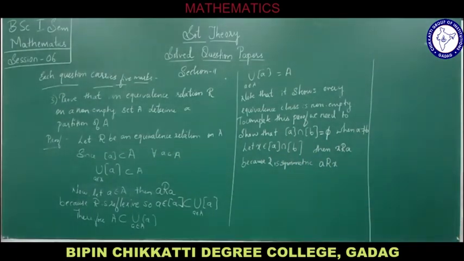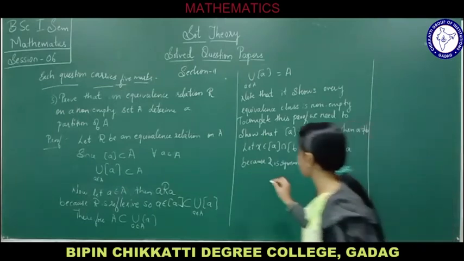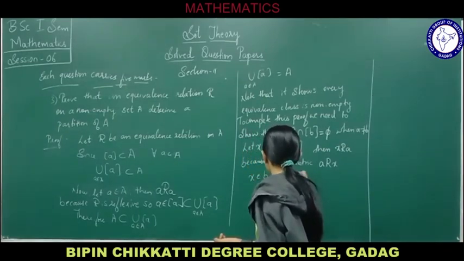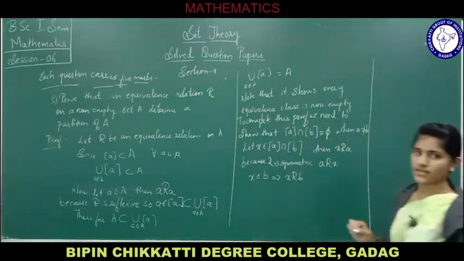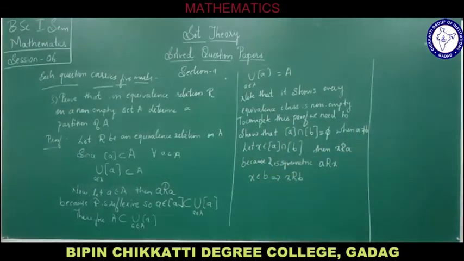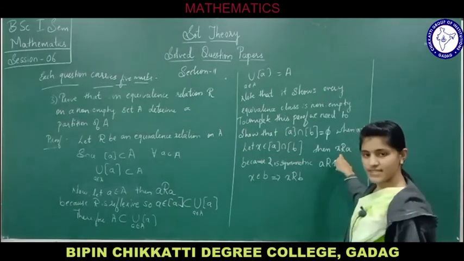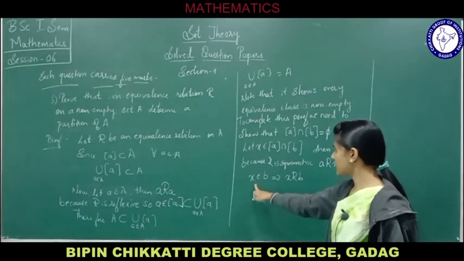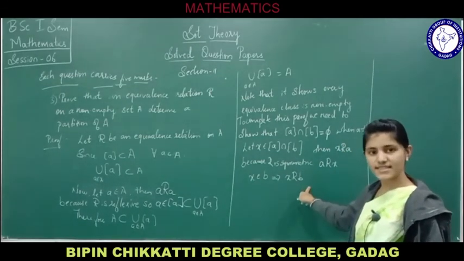Then what are we going to do further? This implies x belongs to B, which implies x is related to B. Obviously, yes or no? If it belongs to B, then it is related to B. Then a is equivalent to B. Why so? We said that x is equivalent to a, then that can be written as a is equivalent to x. Now we said that x belongs to B. This implies x is equivalent to B.